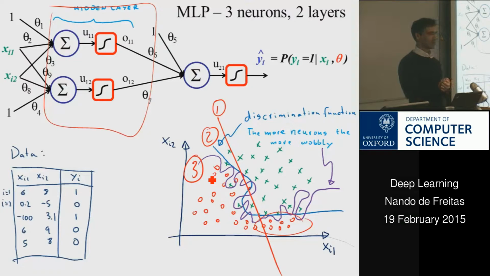Let's go back to polynomials. What made polynomials either more wiggly or less wiggly? The degree of the polynomial, that's one complexity. So here, what would be equivalent to increasing the degree of the polynomial? The number of bases, exactly. So if I add more neurons, I will get a more complex function.